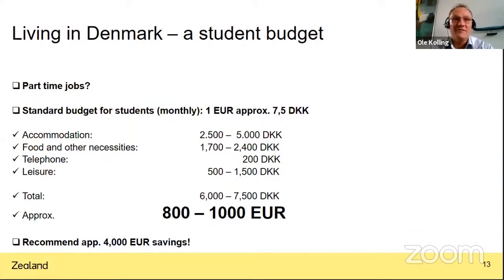So typically within the first 1 month to 3 months, that would be the time where you perhaps can find yourself a part-time job. So we normally recommend to students, well, if you want to come to Denmark, you at least would need around 4,000 euros as savings or support from your parents. It is of course nice if you have more, but at least this would be the minimum recommendation that we would recommend if you are considering to go to Denmark. Because like I said, you don't find a job day one, and you need to be able to sustain yourself for living expenses until you find yourself a part-time job.